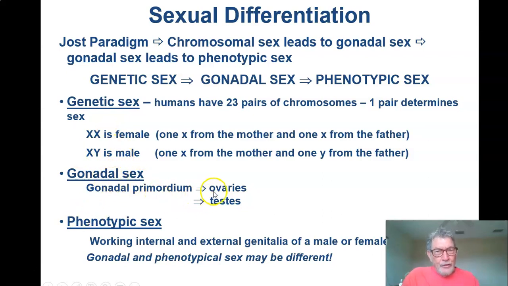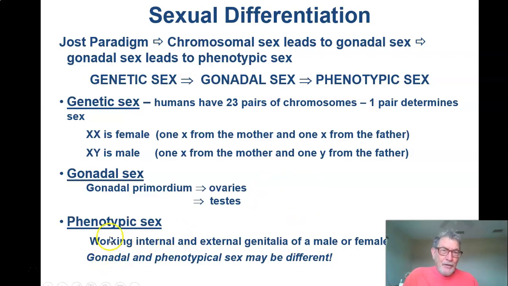Gonadal sex is determined by hormones. Genetic sex is simply determined by the genes that you get at fertilization. After that, though, you have to start producing the right hormones to become male or female. The one set of gonads you have has to either convert into ovaries, which is the default, or convert into testes, which requires testosterone for that to happen.